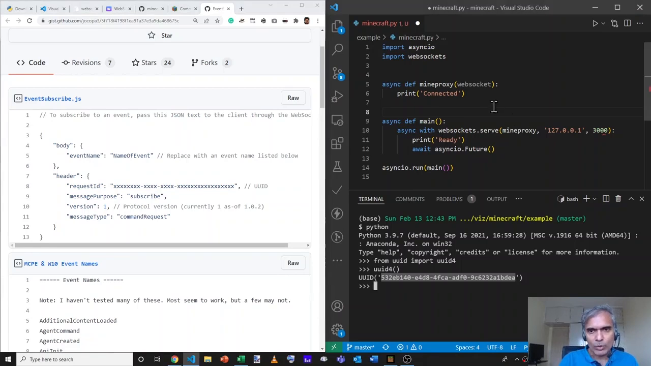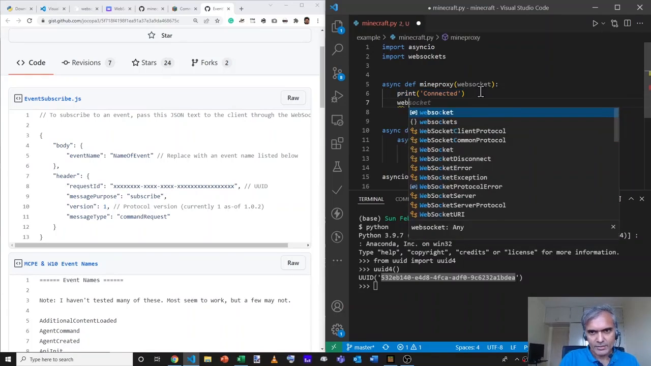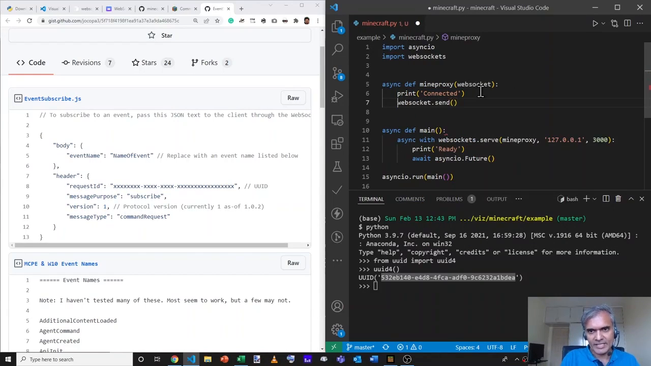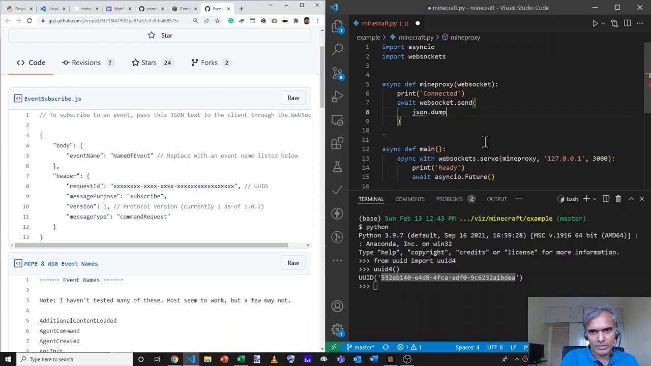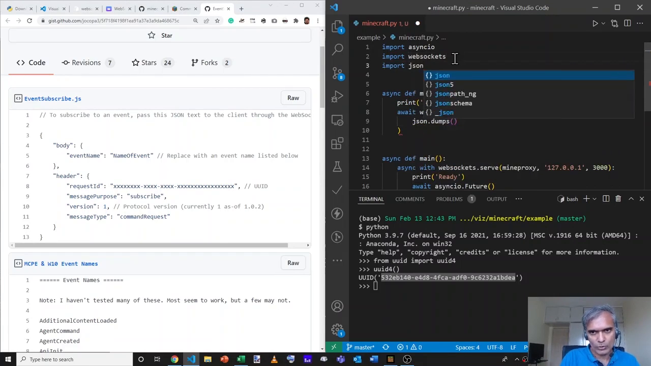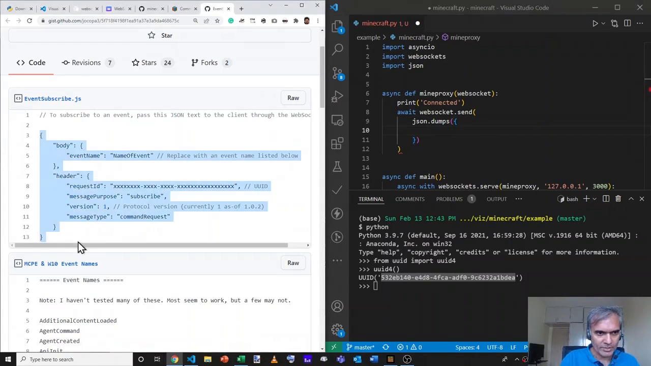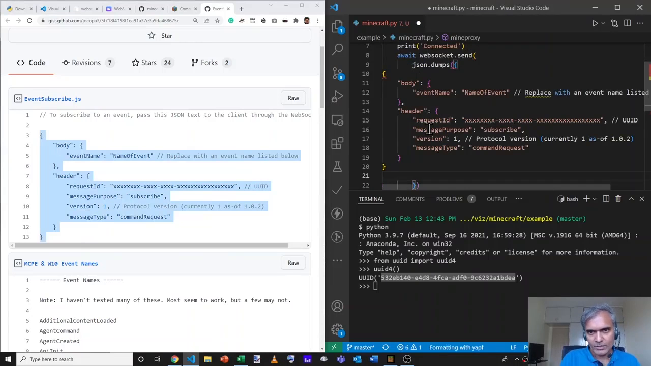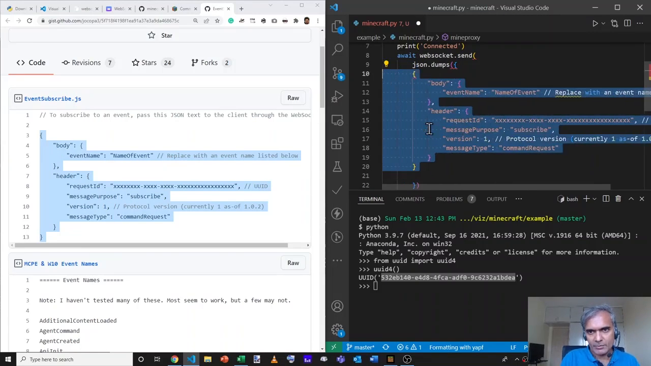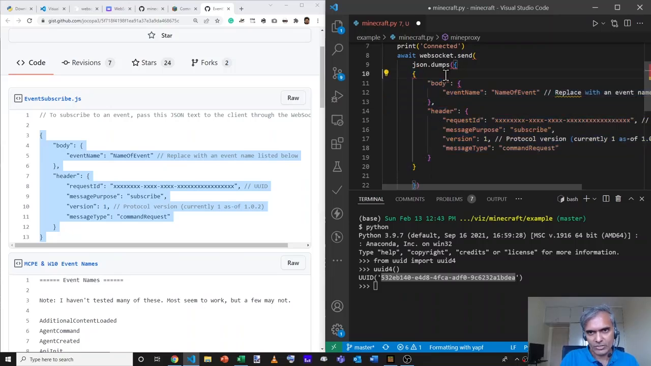So let's do this. What we do is as soon as we connect to Minecraft, we will send a message to Minecraft. The command to do that is websocket.send, and we can send any text, but it must be awaited because it's asynchronous. Since we want to send it as JSON text, we'll use json.dumps of whatever message we want to send, for which we'll have to import the json module. The exact message that we want to send is literally here. So I'm going to copy this and paste it, just indenting it a little bit so we have the correct structure that we need,